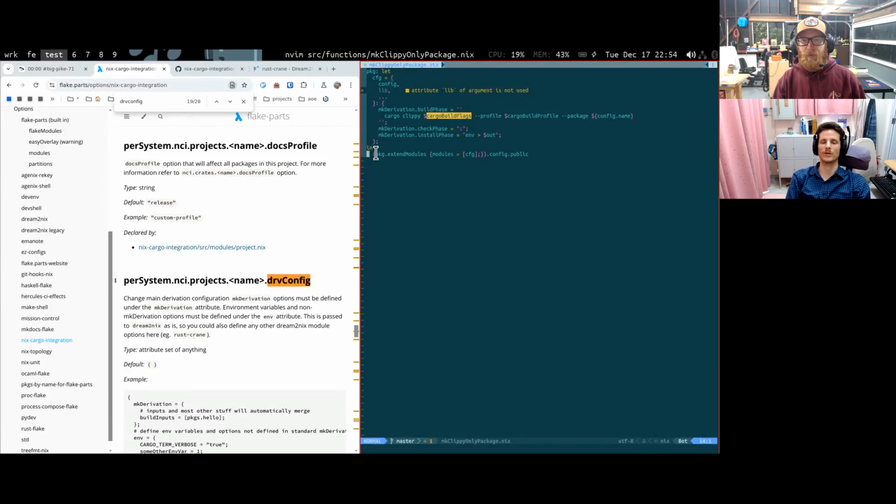That is one option. Modify what gets passed to make Clippy only package, or grab the result from make Clippy only package and override stuff there. But even then it's kind of too late because the build phase is just a string and it's not mergeable. So it's kind of a re-implementation. No, but what I mean is we can literally take this code right here. Yeah, we can do that. And if we can just get our hands on this package somehow, we can